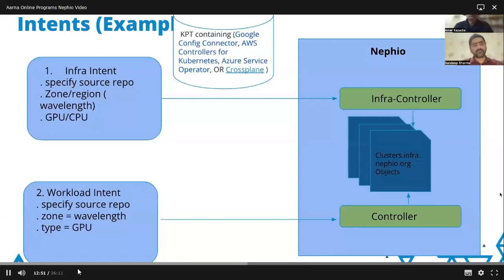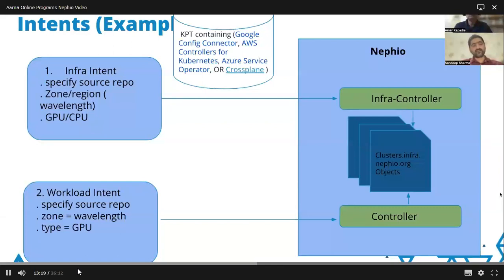An example could be the zone, region, wavelength zone, and properties like if he requires GPU in the target cluster. And these high-level intents are then understood by the controllers, the infrastructure controller specifically in Nephio. And it will perform the job of creating this infra based on the intent that is specified.